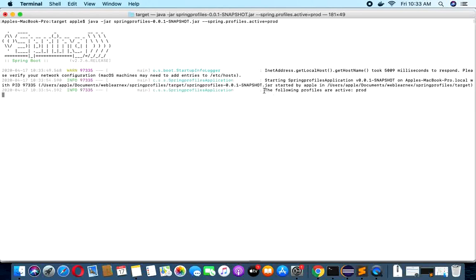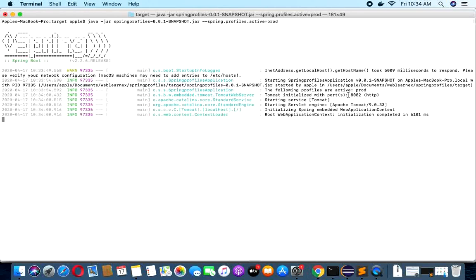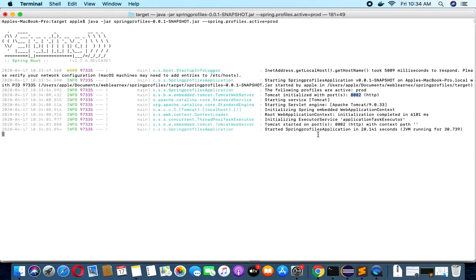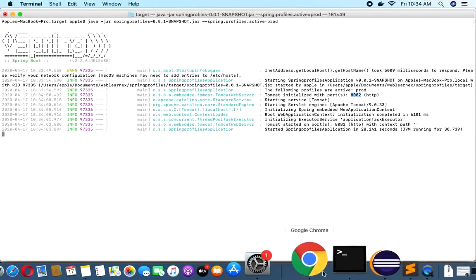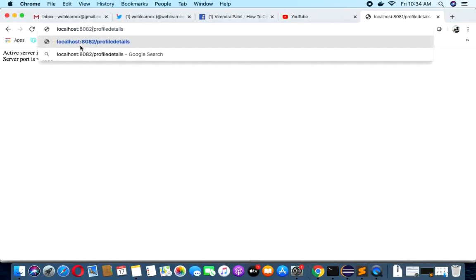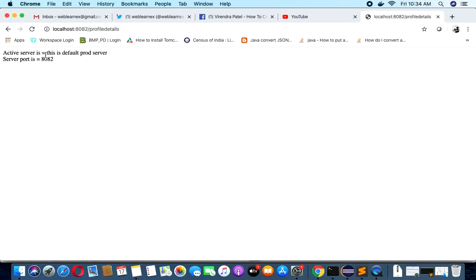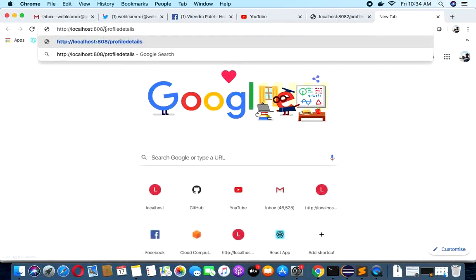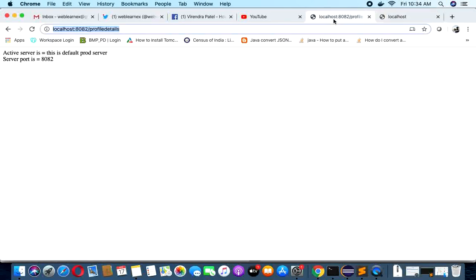You can see here now its active profile is prod, meaning the application is up and running on the 8082 port. So let me run this now, 8082 port. Now you observe here, and one more thing, let me run the 8081 port for confirmation. You can observe here 8081 is not working and 8082 is deployed successfully.